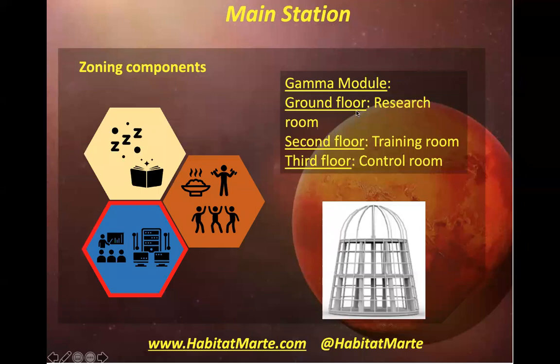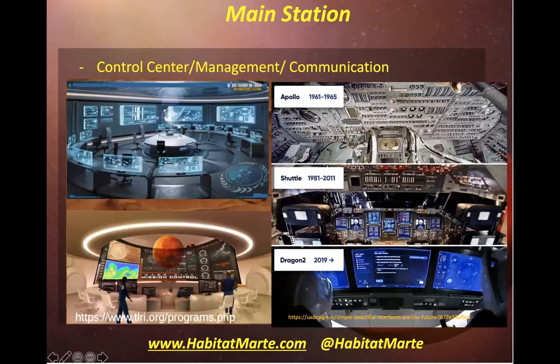It is a working area. In this case, we present on one level the research room, on the other level the training room, and on the third floor the control room. In the control room, it's very interesting to see here the possibility of the use of computer screens, bigger computer screens, with